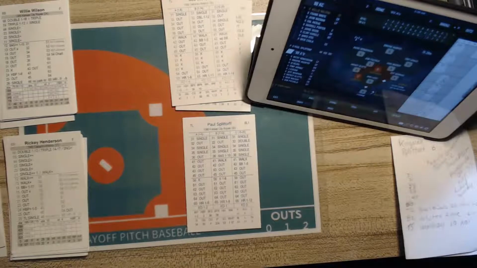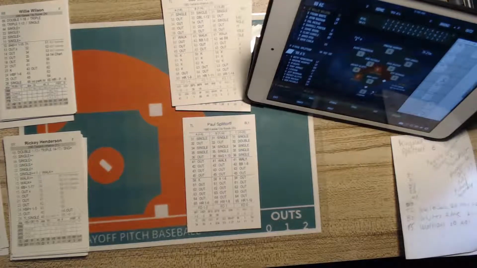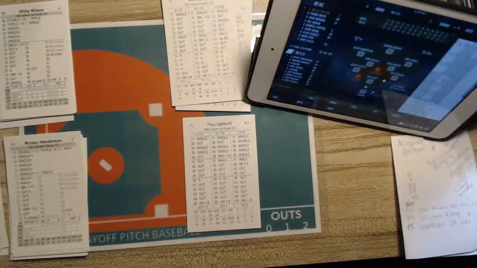So here goes. We're going to pull a card and look at that 9th inning. It's going to be a 43. Oh, I never rolled to see what Lacey is. Well, let's do that. Let's roll a d20 and see. He is an A pitcher.